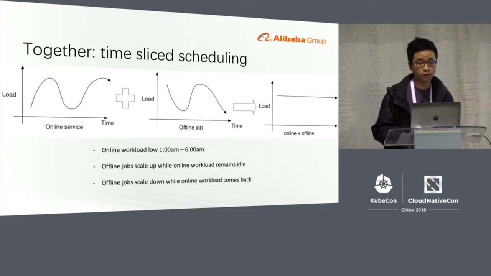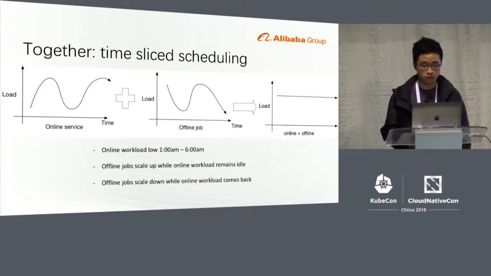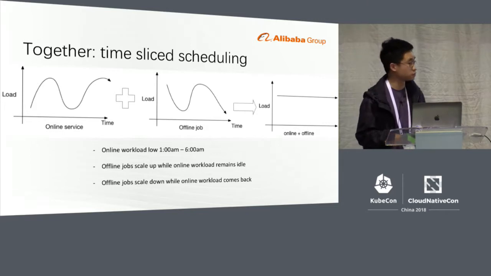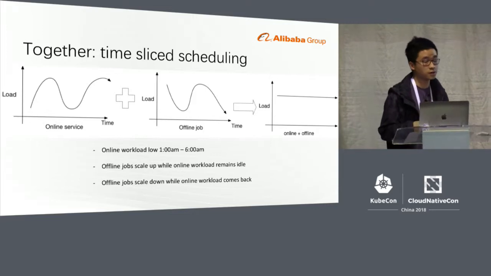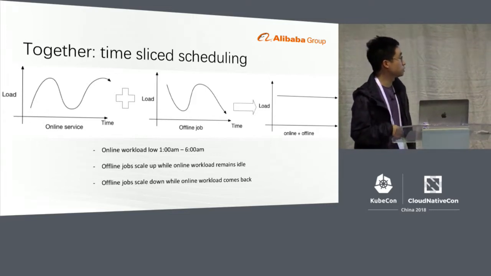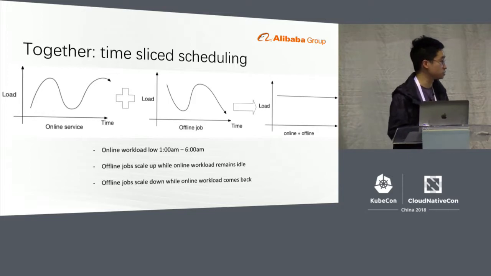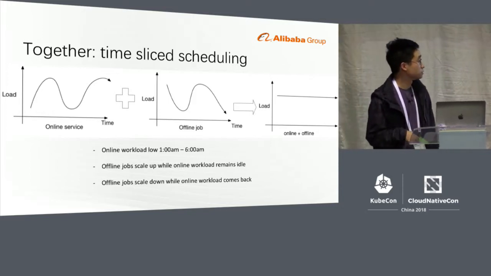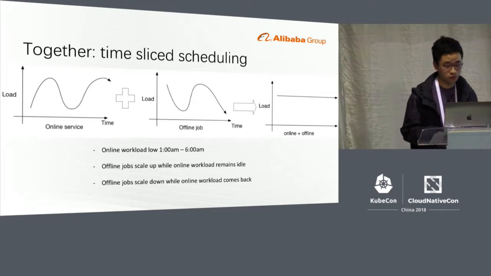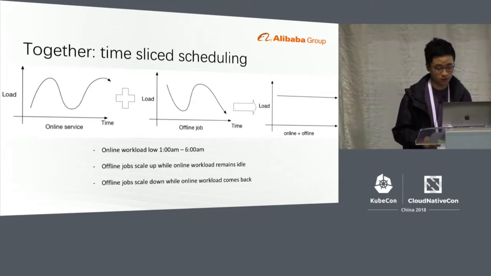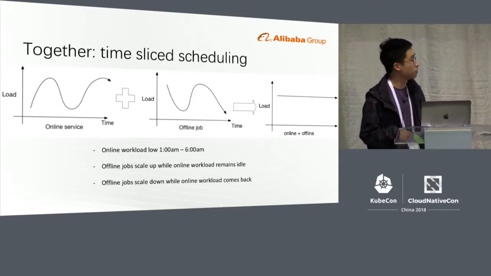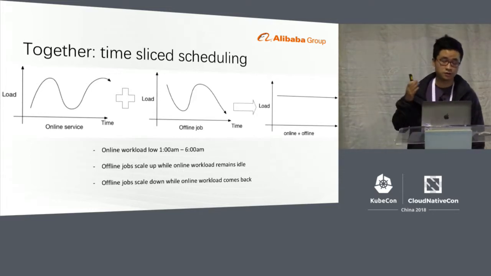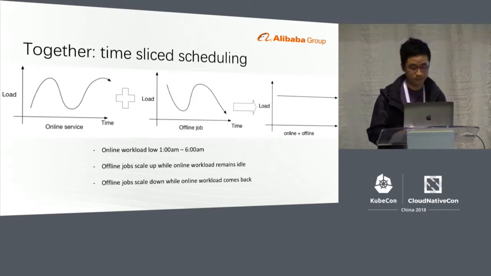So we've described the general picture of dispatching and scheduling. But additionally, we also have some time-sensitive scheduling. Because for online service, the daytime usage is high, but nighttime is relatively low. And during this period of time, we will make good use of those resources to conduct those offline tasks. So when online tasks in the daytime are back, we will dynamically scale back to make the utilization more balanced.